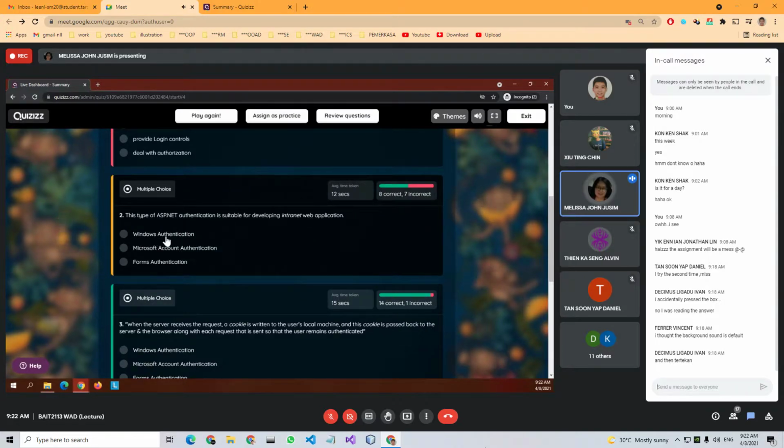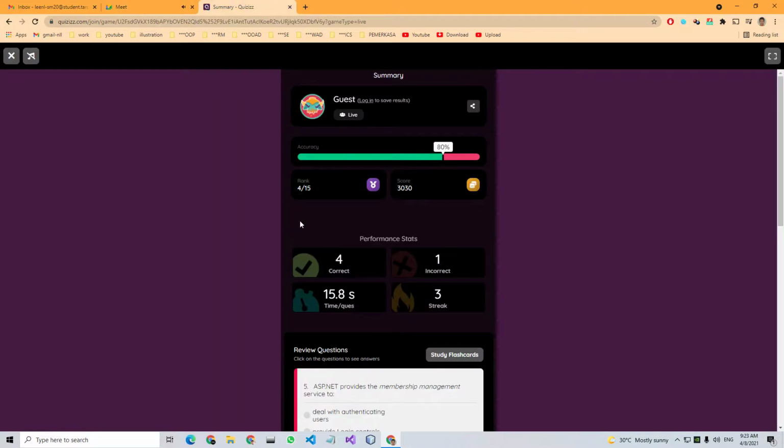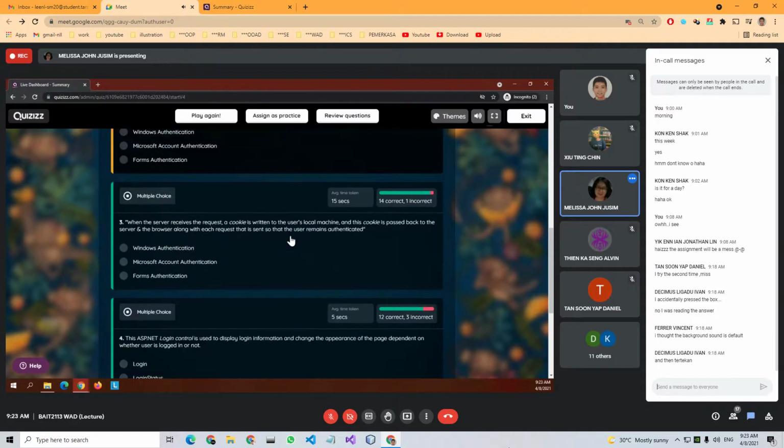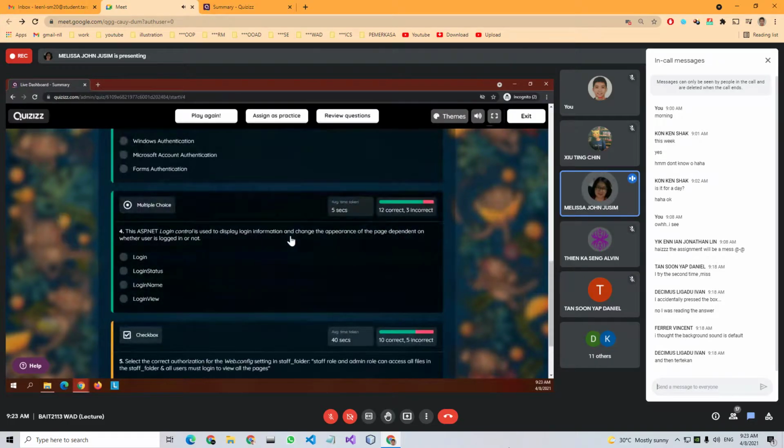It's Windows authentication, because if you already have this Active Directory user account, you might as well use that if you want to allow this user to access your web application available through the company intranet. Question number four.